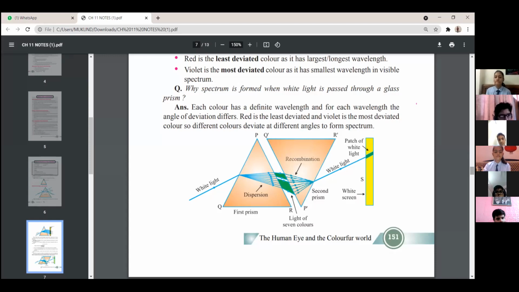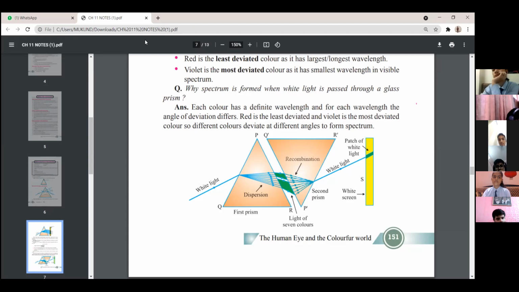Now the next question is why the spectrum is formed. Isaac Newton showed this experiment to the scientists, but scientists said maybe you have taken the shape of the glass prism like this, that's why it is happening, that the seven colors are there, right? So they didn't believe him. So what he did, he took one erect prism, and when the spectrum was formed, he kept one inverted prism in front of that erect prism. What happened? All seven colors got recombined and formed a white beam of light again.